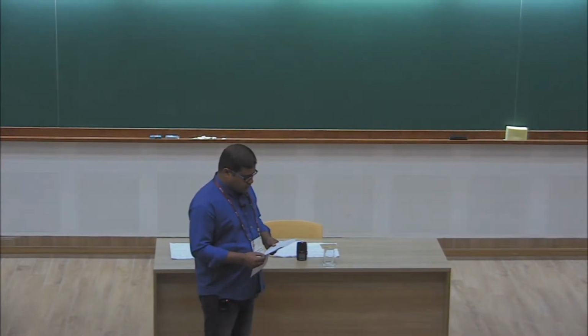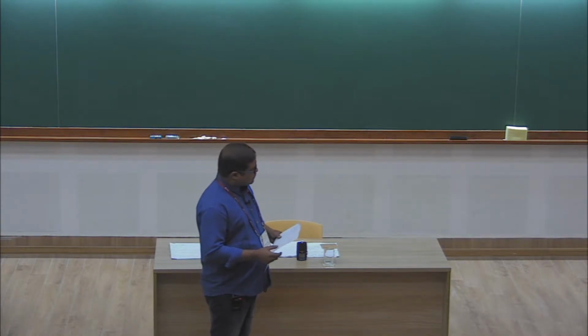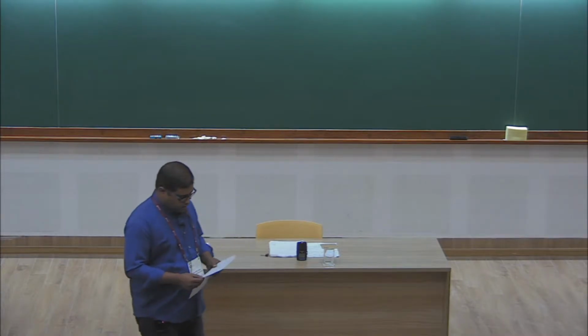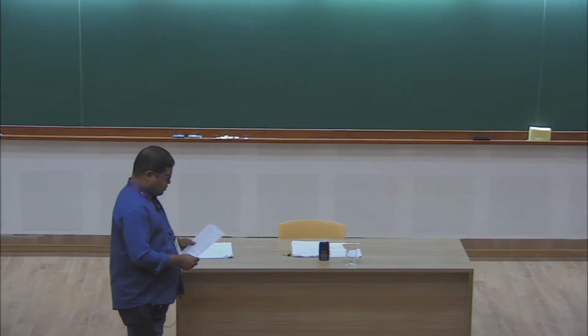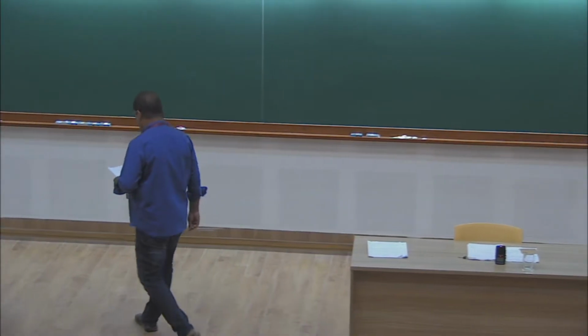So I'll talk about some combinatorial properties of Apery-like numbers, namely the property called supercongruence. I'll define what is meant by Apery-like numbers and talk about the supercongruence. Okay, so let me start with